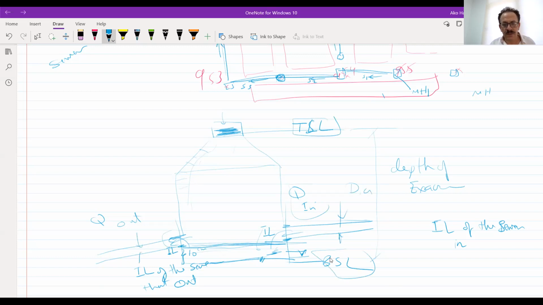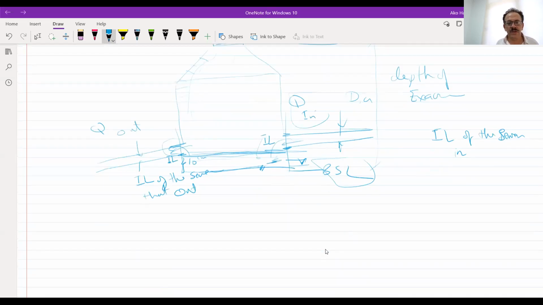Sometimes this is called one key. If this was the manhole, this is the top view. We have one in and one out, meaning one sewer will enter this manhole and one sewer will leave. Sometimes there will be sewers like this: 2 in and 1 out.